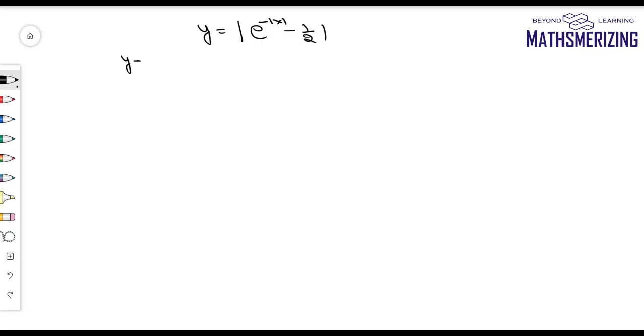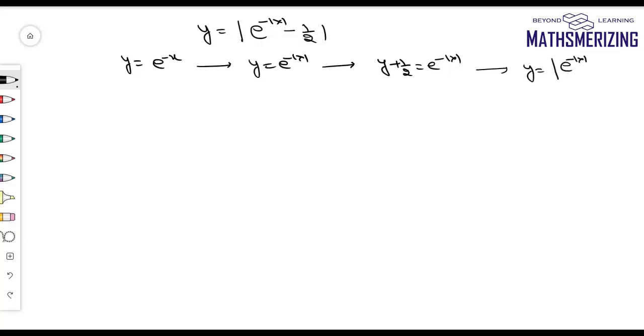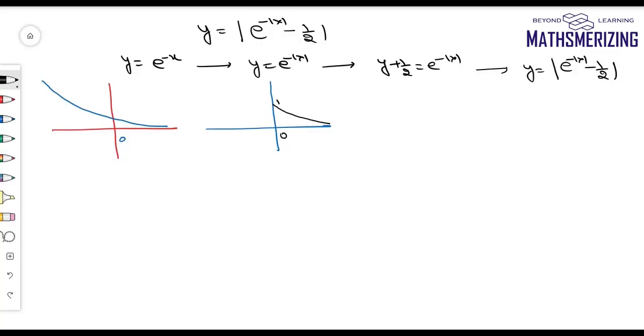So I'll start with y equals e to the power minus x, and then first I'll draw the graph of e to the power minus mod of x. Then I'll shift it along y-axis. Y plus 2 equals e to the power minus mod x, and then I'll take the transformation of mod x. So mod of e to the power minus mod x minus 1 by 2. So for minus mod x, erase the graph from second and third quadrant and take the reflection of right on left. Now for y plus 1 by 2, shift the entire graph minus 1 by 2 units along